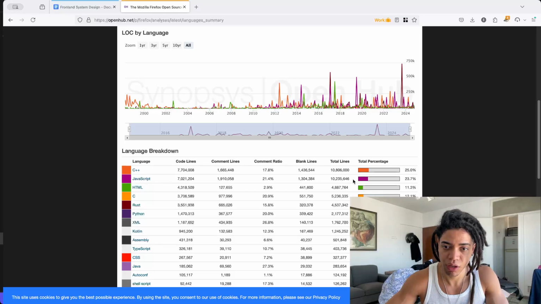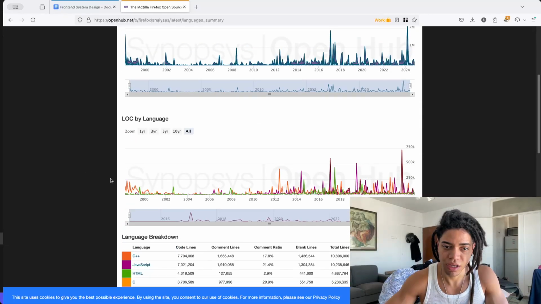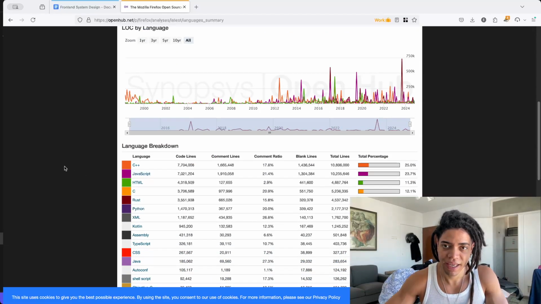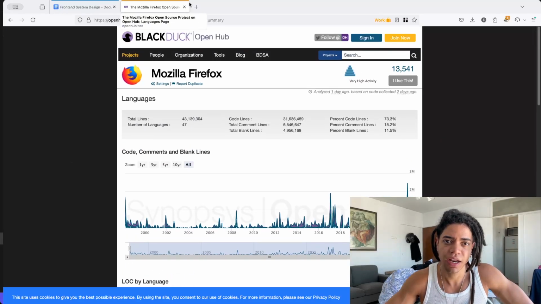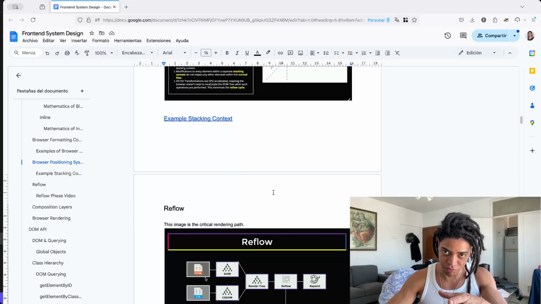Holy moly, it's actually representing almost a fourth of the entire code base. C++ and JavaScript actually represent half of the code base. Anyway, there's some initial movement toward Rust. But in any case, they're quite the same. They call it lines of code. In any case, this is just a way to see that running and building a browser is something that